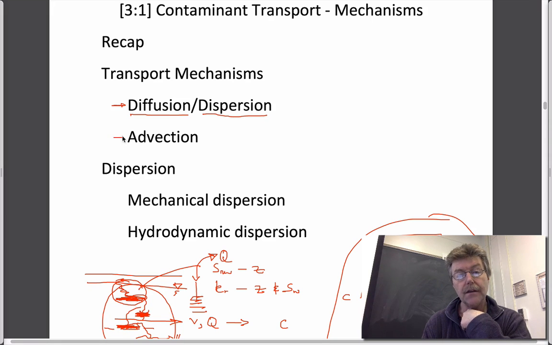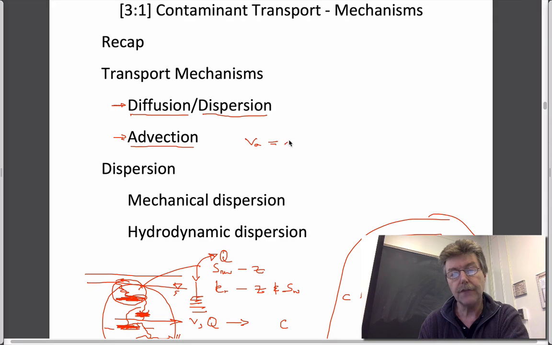And the second one is by being carried by the bulk motion of the fluid, such as you've done in some of your calculations so far. The calculation that velocity is equal to length traveled divided by time. And in the absence of dispersion or diffusion, and also in the absence of retardation,